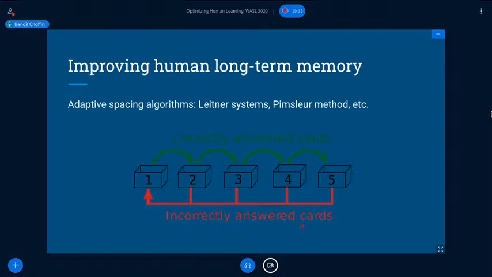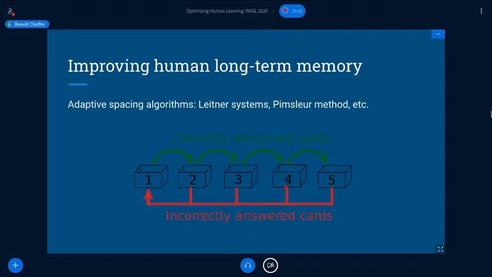The Leitner system uses this set of boxes, and each number on each box indicates the frequency at which cards in this box are reviewed. In box 1, it's reviewed every day, in box 2, every 2 days, etc. And in the basic form of this algorithm, if a learner manages to recall a flashcard at any timestamp, from the date he has to review it, then the flashcard is put in the next box, which is less frequently reviewed. For example, every 4 days.